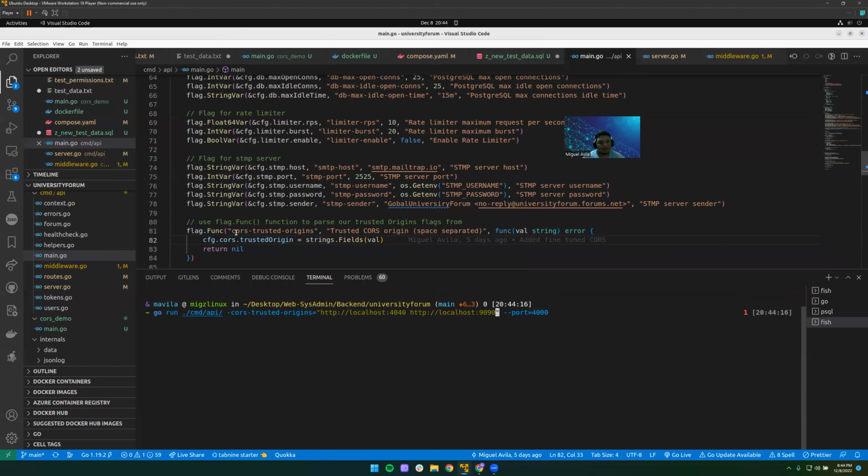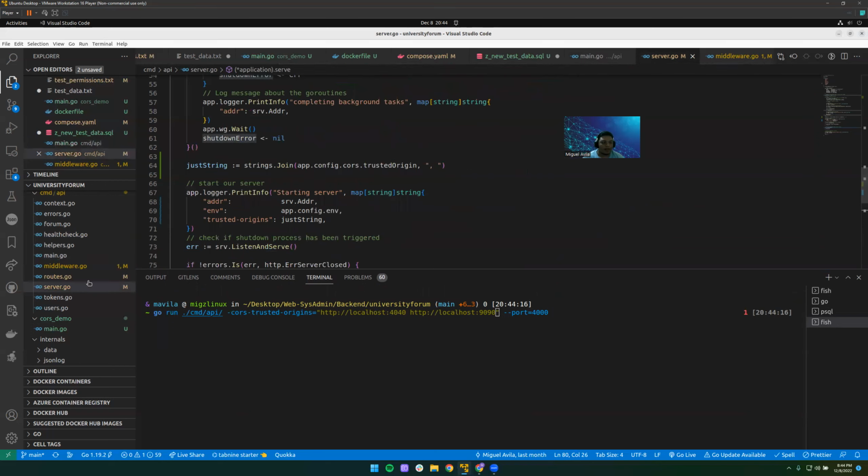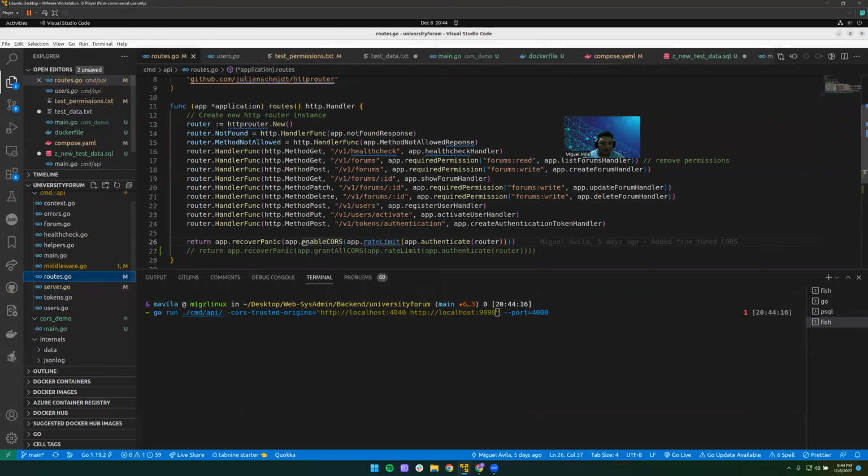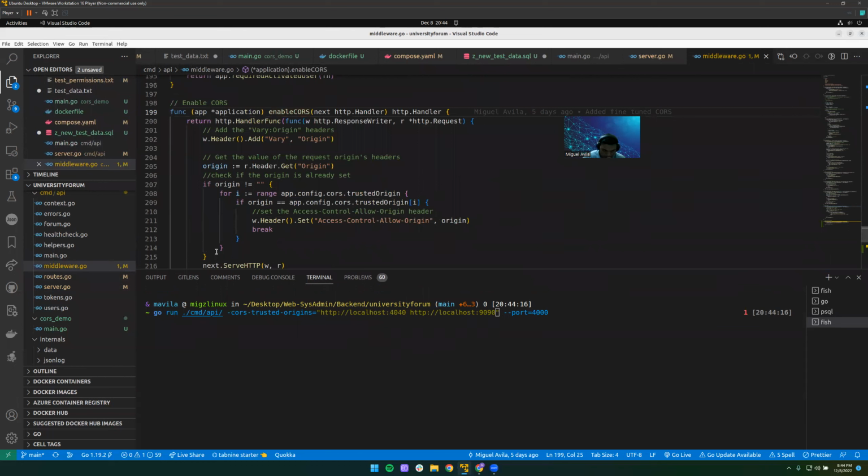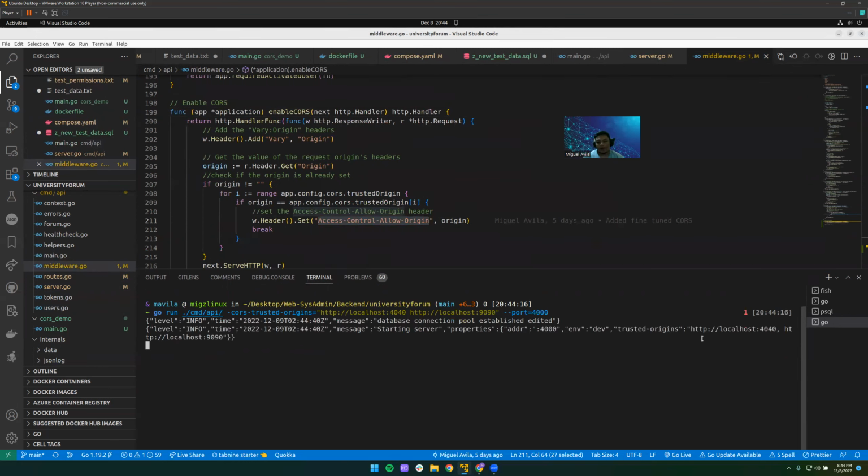With this flag, this will trigger this one, and this would parse. And once we do that, we would then be able to use our function enable CORS, and this would set the allow CORS origin for these specific endpoints. So if we run it,